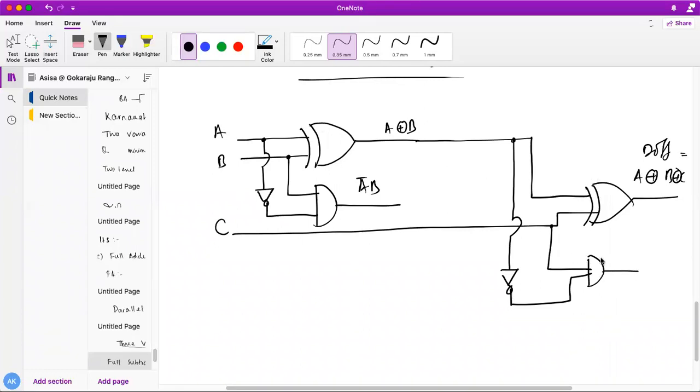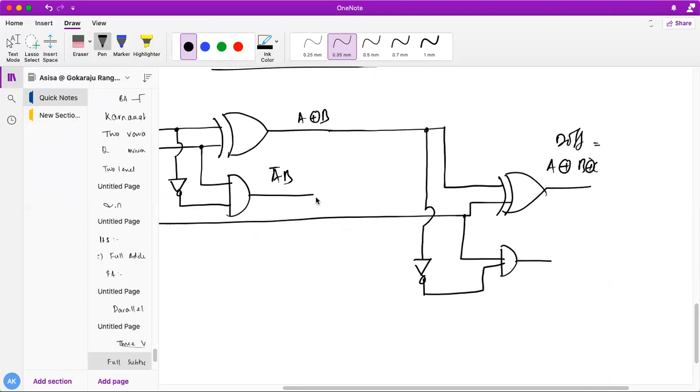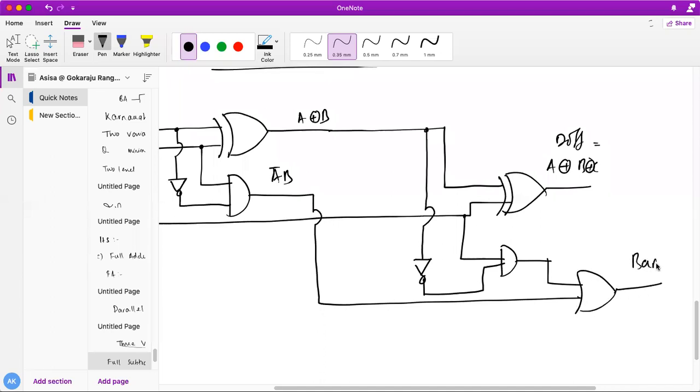Then finally what I am going to do, whatever result I have got here, I am going to take, and finally I perform the OR operation. I am going to claim that this is my borrow. So now tell me, what is my borrow according to this logic diagram? If according to that logic diagram I have suitably done this, then I can say that whatever I am claiming here for the borrow works fine.